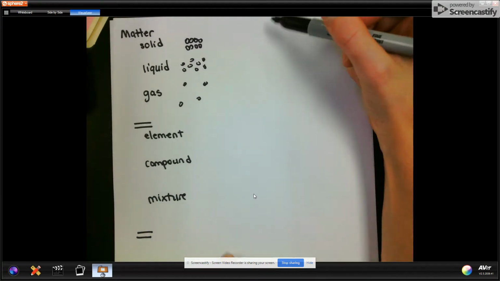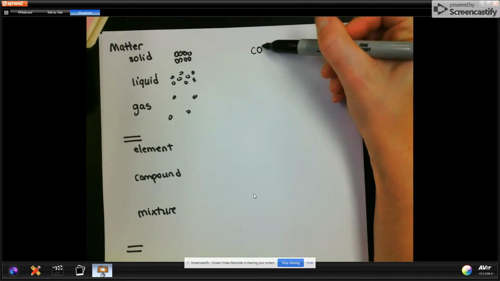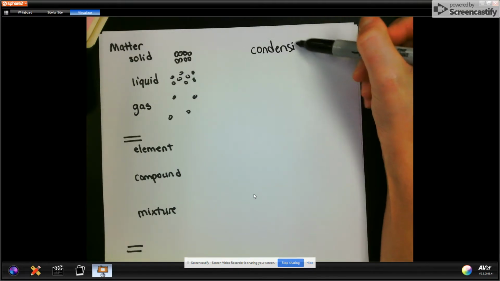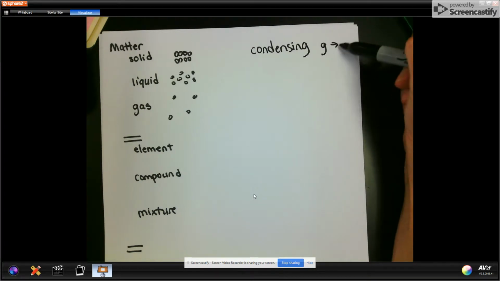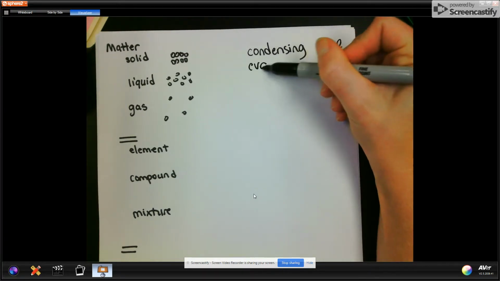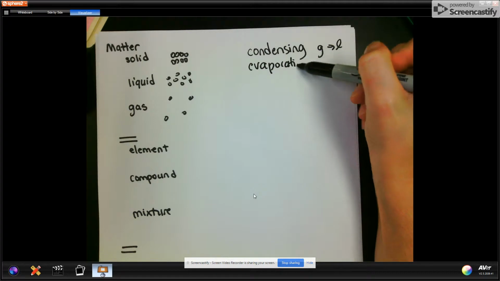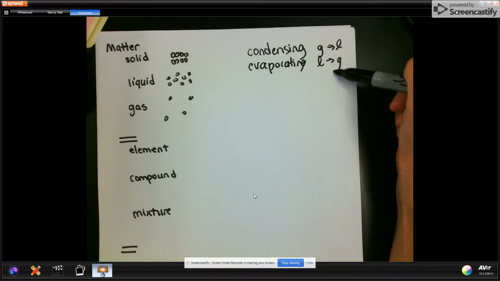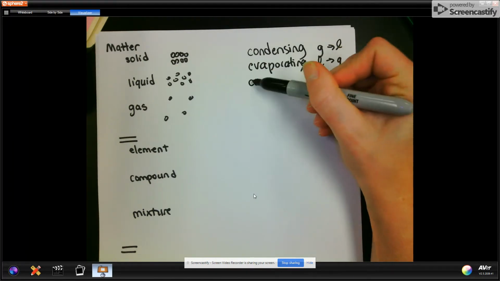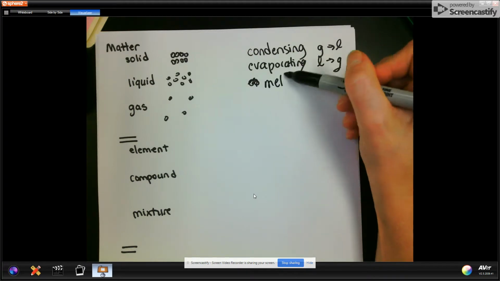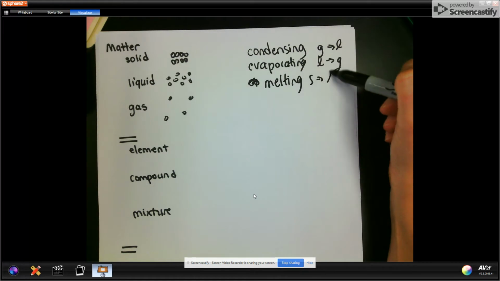You also need to know your 6 phase changes. You have condensing, which is when you go from a gas to a liquid. You could have evaporating, which is the opposite, liquid to a gas. You can have melting, solid to liquid, freezing,